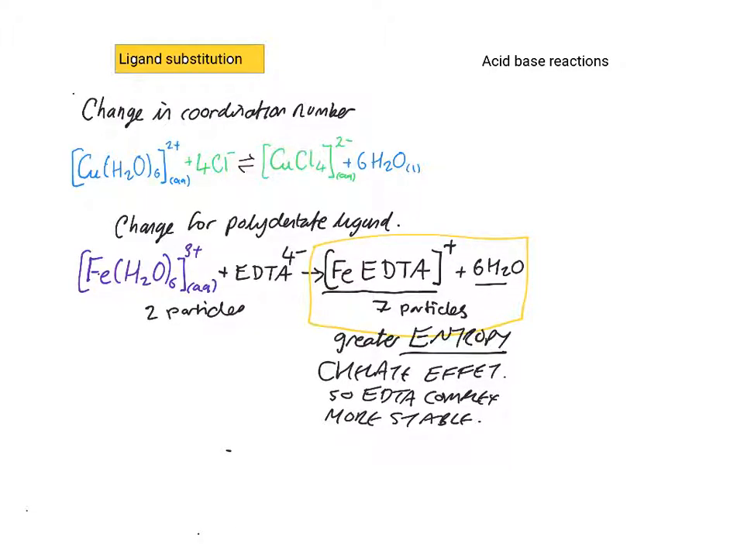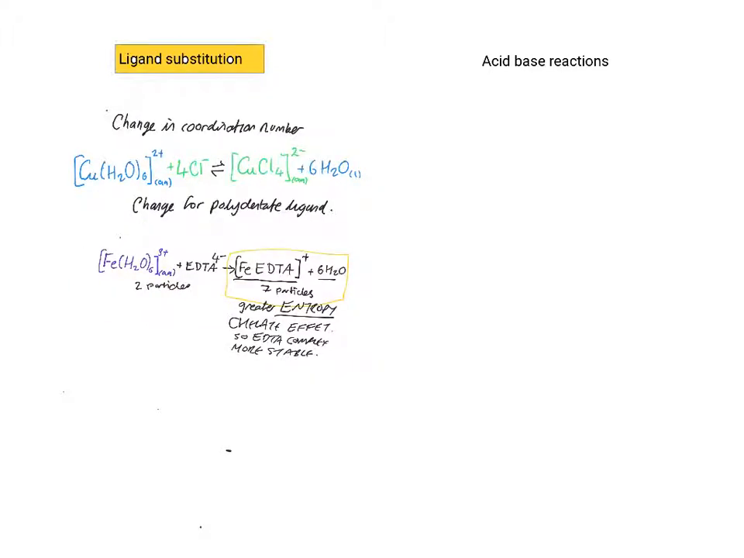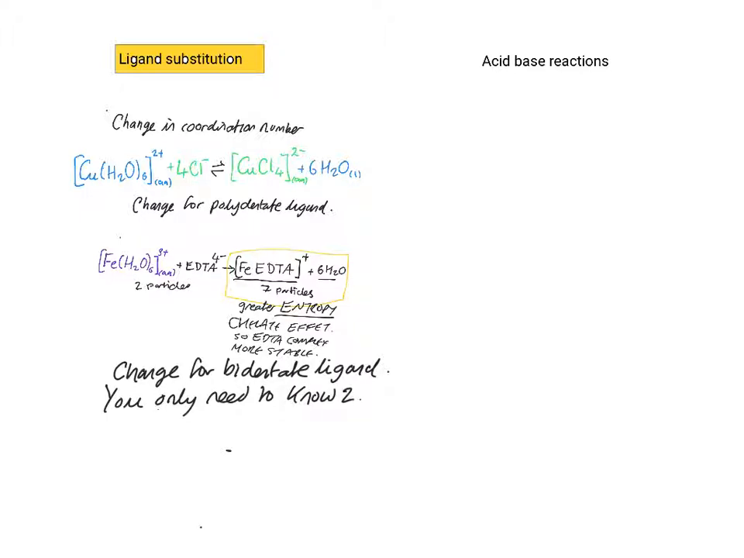So let's now look at another example where we have a bidentate ligand. Bidentate ligands have a coordination number of 2. They can donate 2 lone pairs of electrons. So their complex will still be more stable than those made up of monodentate ligands, but less stable than those of a polydentate ligand. The bidentate ligands you need to know are